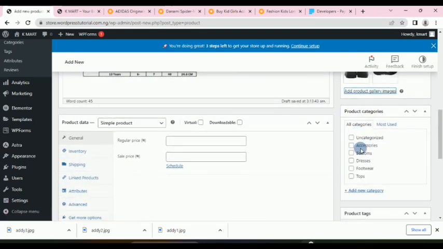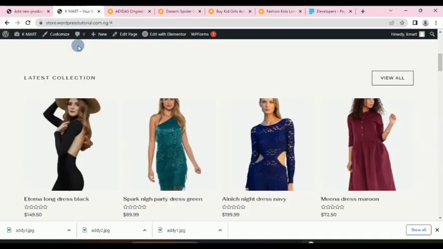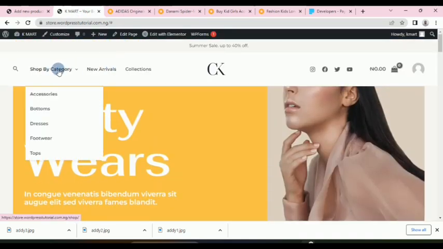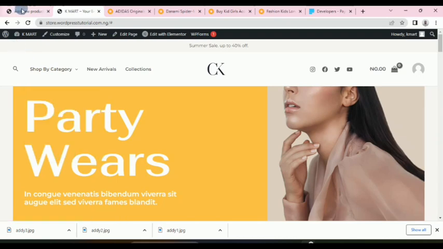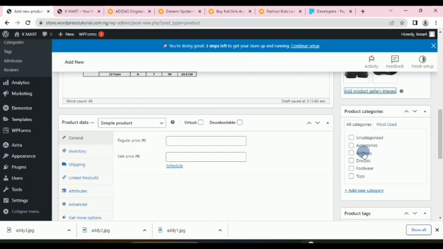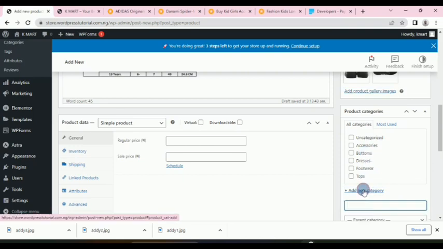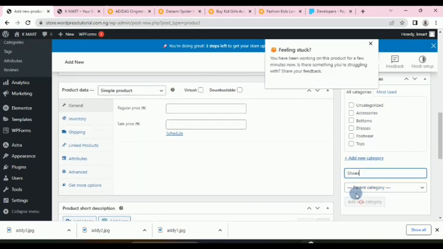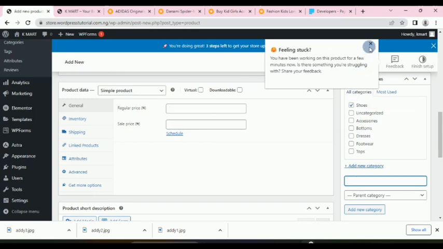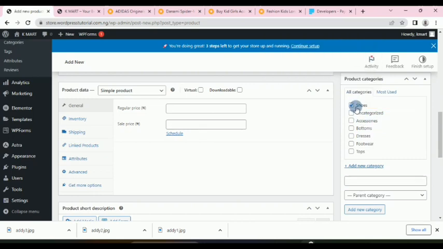Now these are categories. If you look at the home page here, all these things you are seeing under the menu, shop by categories, these are categories of the store. So depending on your own store, you can use this one. But since I said we are not using this one here, we can come here and say add new category, and we can say shoes. So we say add category. Once we say add category, you can see it is selected